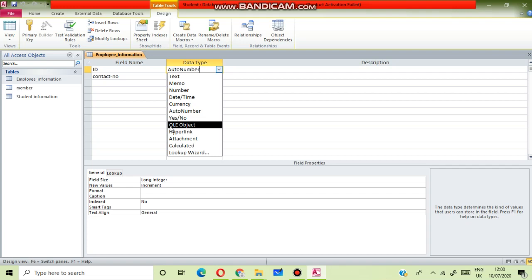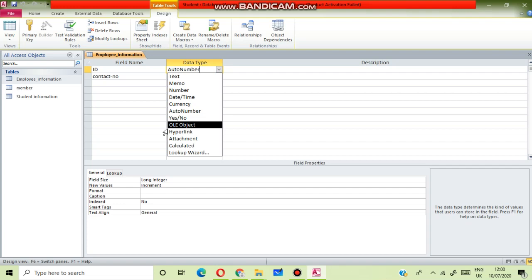Next, OLE object. It is used to store spreadsheets, Word documents, drawings, photographs, etc. Means when you use this data type, if you want to insert a spreadsheet document, Word document, paint document or photographs, then you will use OLE object.